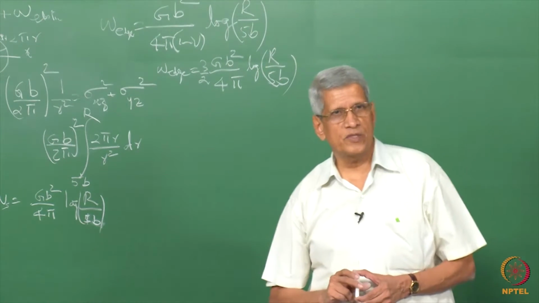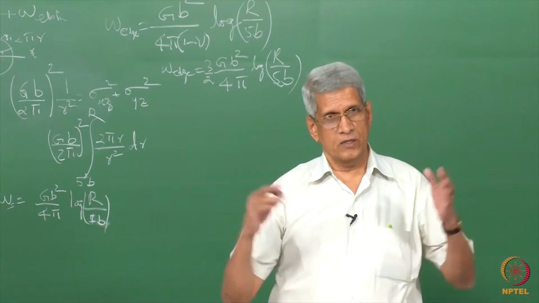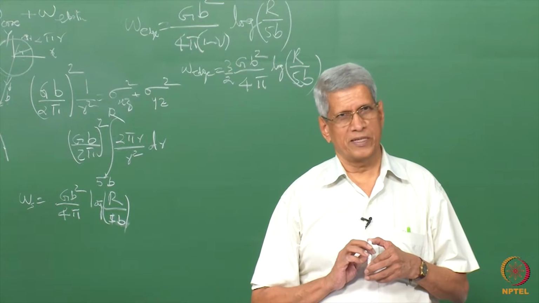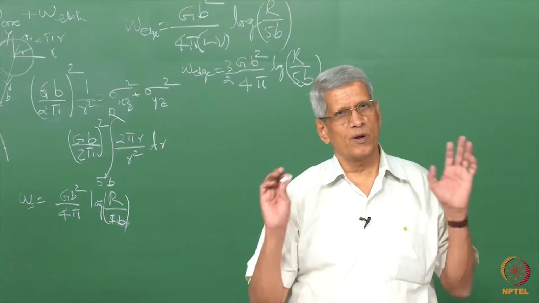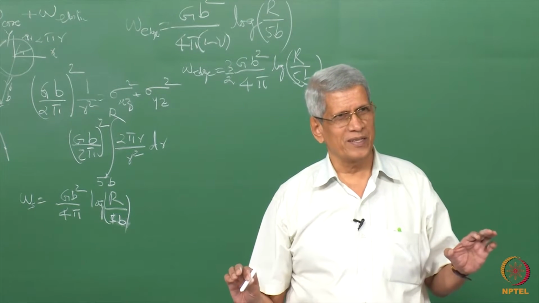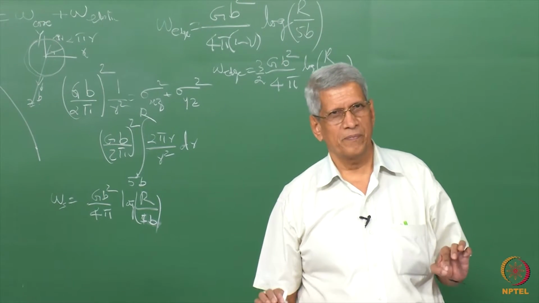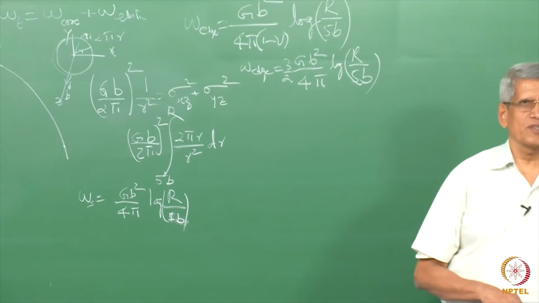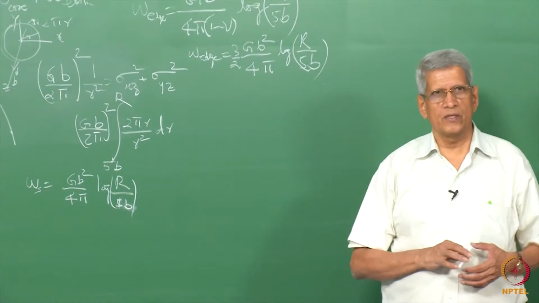What will be the consequence of that? Suppose we have a dislocation which is a mixed dislocation, okay? The dislocation will always try to reach a configuration which is a screw configuration so that the energy is less, correct? That is one. What is another consequence of this formula?